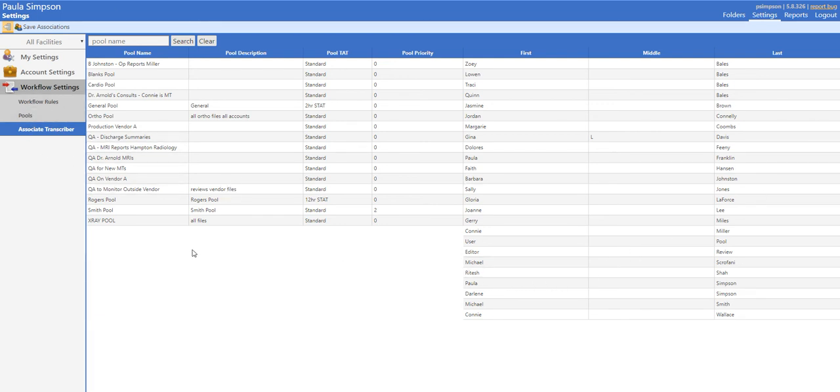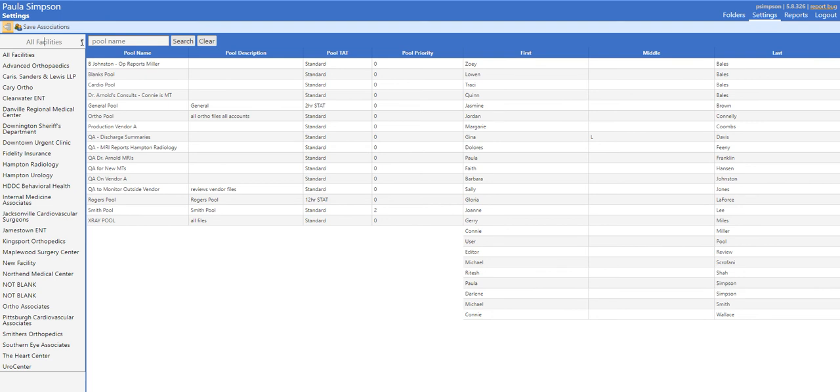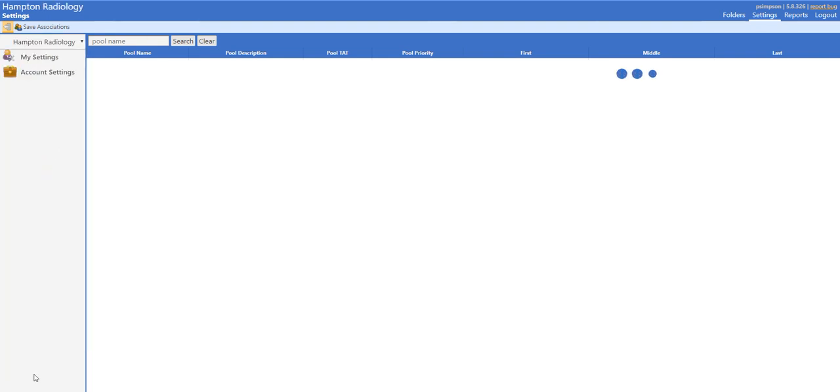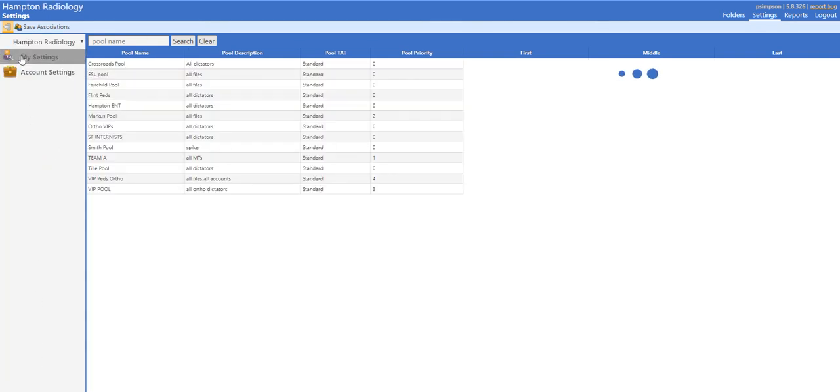Next, let's look at the settings for the specific facilities. So we're going to click the drop down and select a specific facility. And you're going to notice there are two main folders. You have My Accounts and Account Settings. So we're going to click My Settings. And then you'll notice under My Settings,